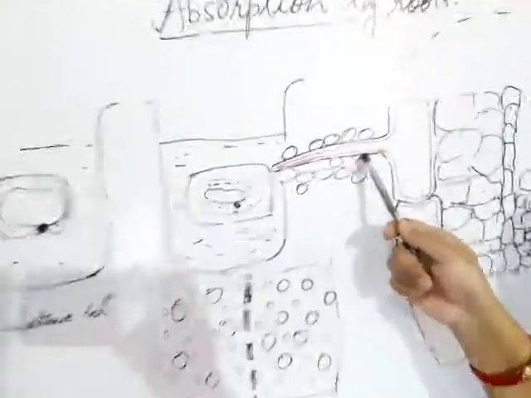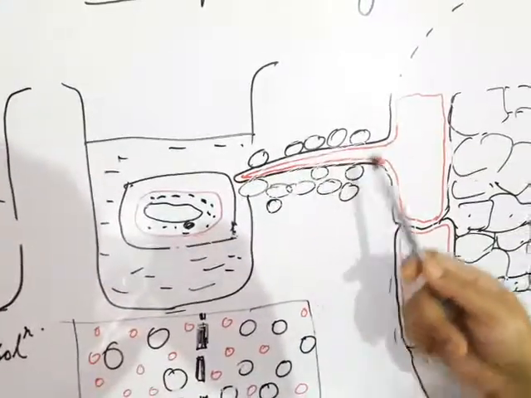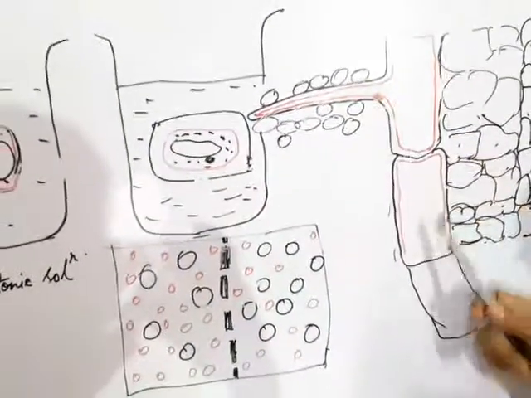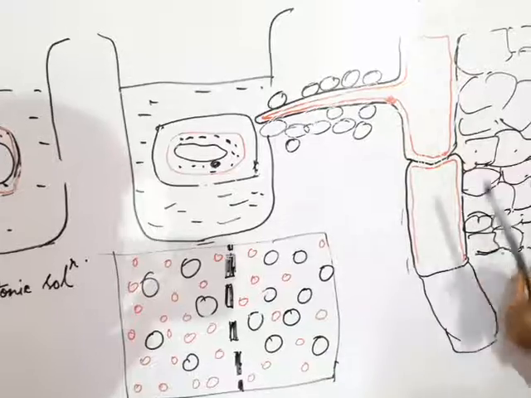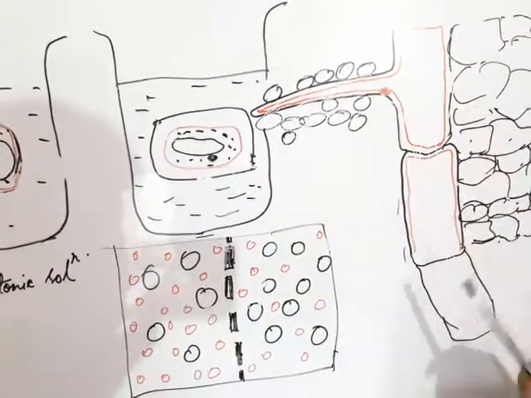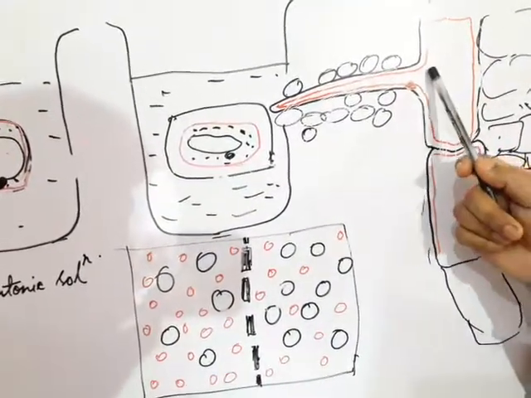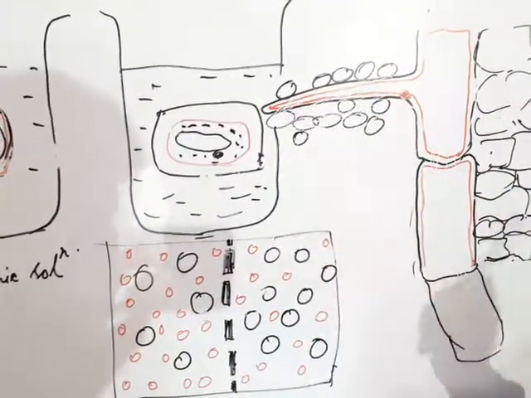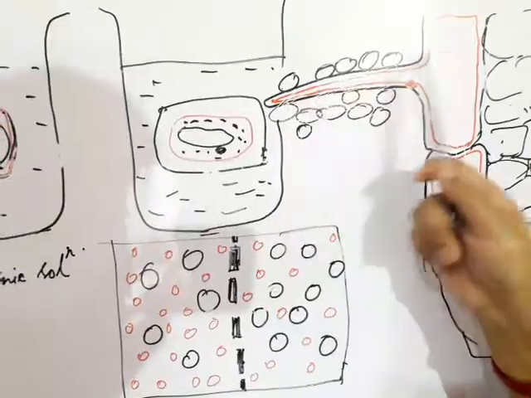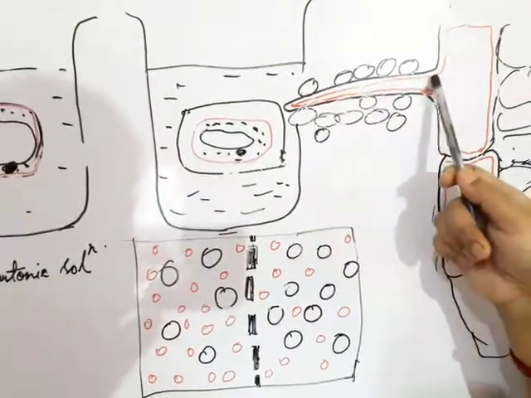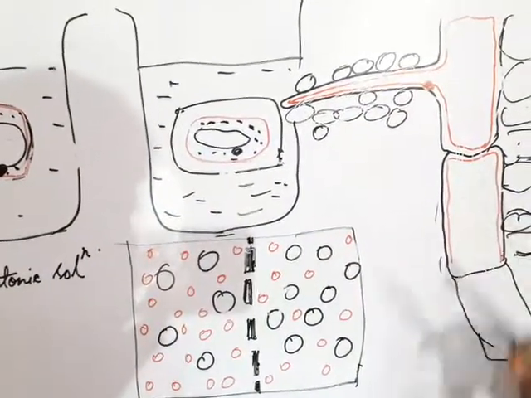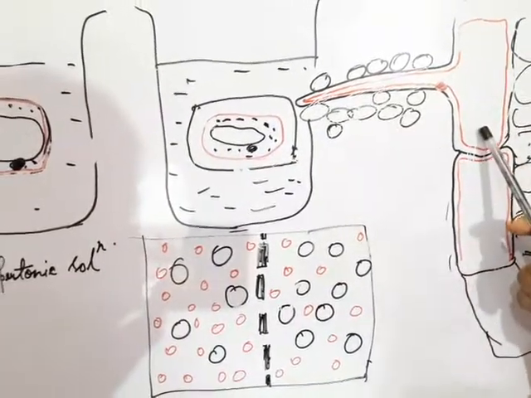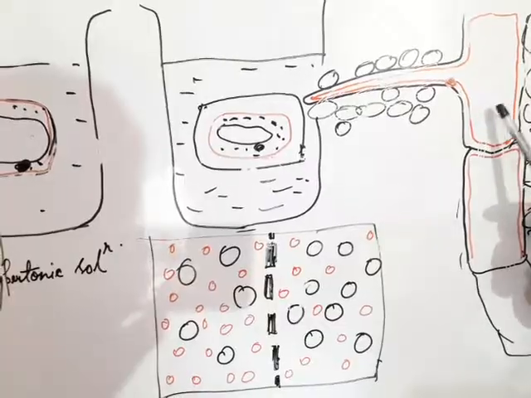These are the soil particles I have drawn here, and this is the epidermal layer of the root, that is the outermost layer, and these are called the epidermal cells. These cells are provided with hairy elongations that you are seeing here, hairy projections, these are called root hair. So the cell is also called a root hair cell.